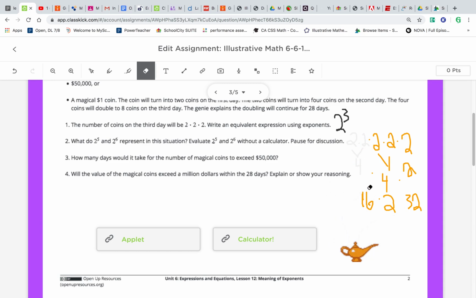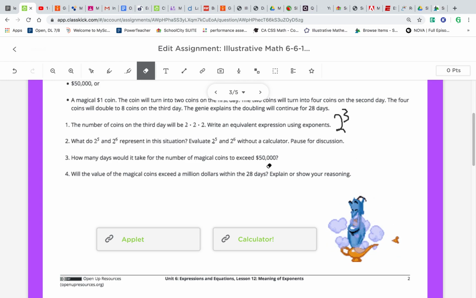So the good news is, for the bigger calculations, we will make a calculator available to you, because some of these get pretty wild after a while. All right, so the applet here is something we showed you in class. I'm not going to show it to you now. You can play with it on your own. But you can see what's going to happen is that it's going to take you to